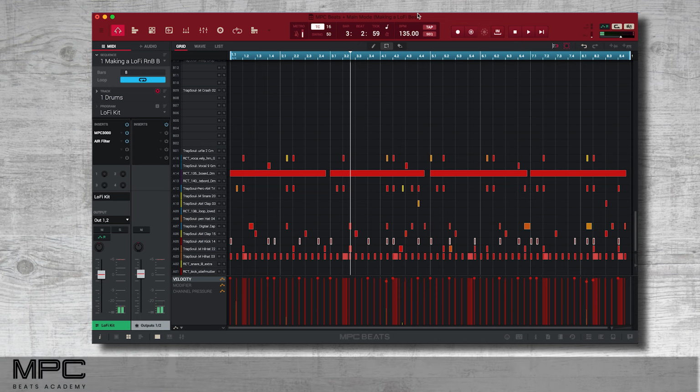The MPC Beats Academy. Now in this lesson, we're going to look at structuring our beat into more of a song. This means that if you want to send it to some top line writers, then you've got it in more of a structure so they can work with the arrangement. So there's a number of ways we can do this, but I'm going to show you a more linear approach